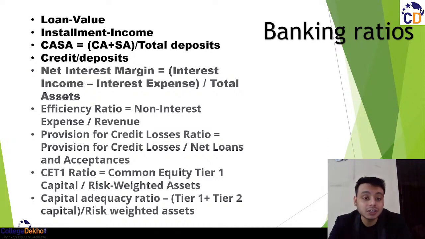And that is why after the collapse of a large number of banks we have seen, or large number of NBFCs as well, be it your Yes Bank, IIFL, Indiabulls, or you also have various banks in the 2008 crisis as well, these NPA requirements have increased and stress testing is done for banks. You had the Dodd-Frank Act passed, and that you had the concept of stress testing कि वो देखते हैं कि अगर बैंक को अपना पैसा वापस नहीं मिलता, so how can the bank survive? Okay, so in this case the provision for credit losses ratio should be as high as possible. Okay,